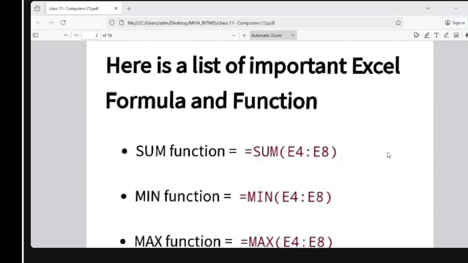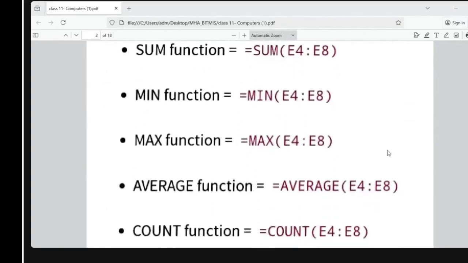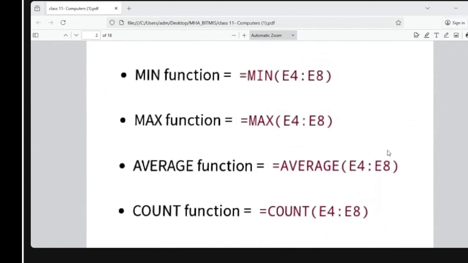In the same way, if you want the minimum function, meaning which value is minimum in this range, you write the formula equal to MIN E4 to E8. E4 to E8 is the range in which you want to find the minimum value.